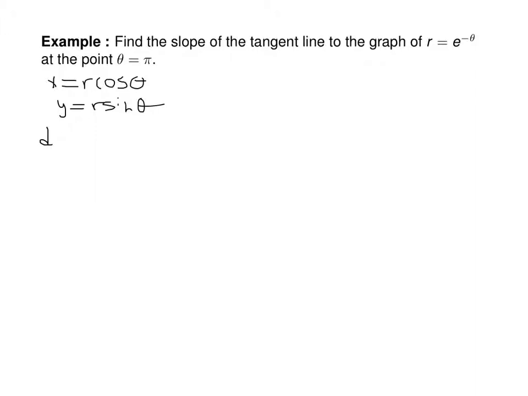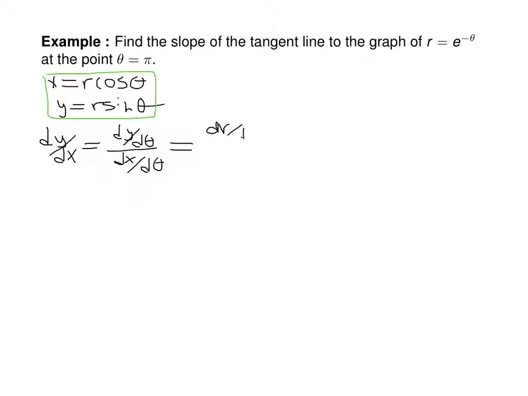We had dy/dx would equal (dy/d theta) over (dx/d theta). And so using this r and that y, what we will get using the product rule, so dy will be dr/d theta sine theta plus r cosine of theta